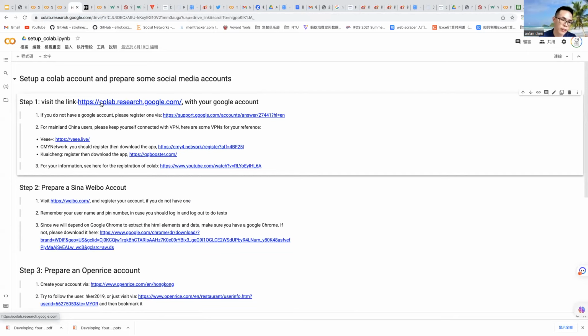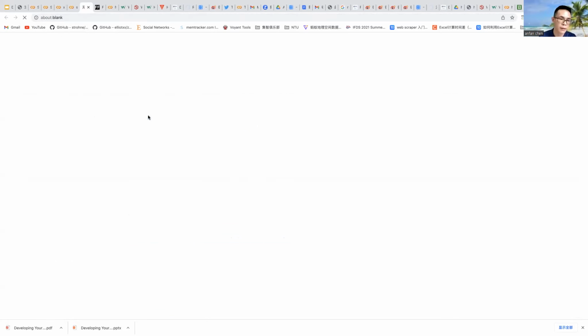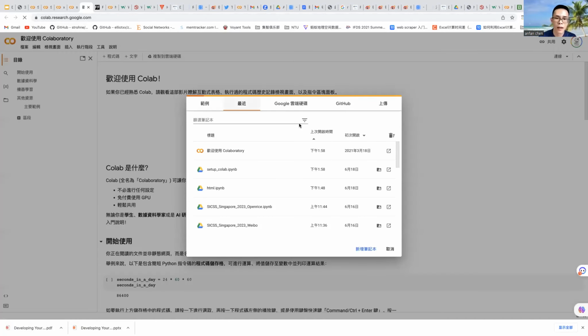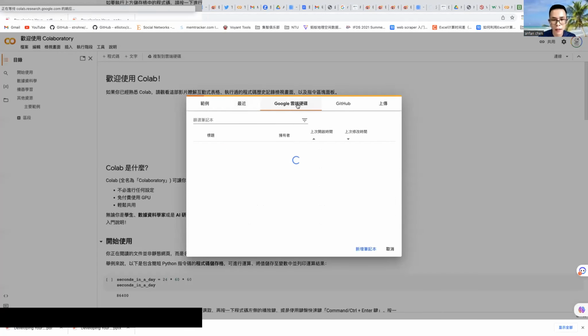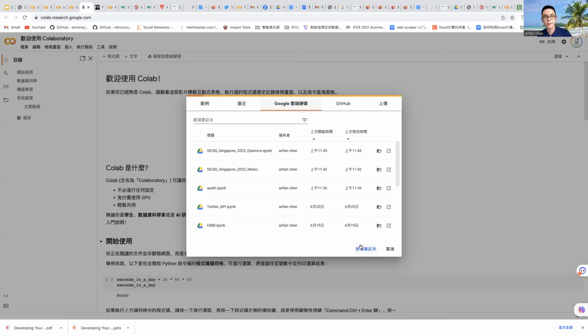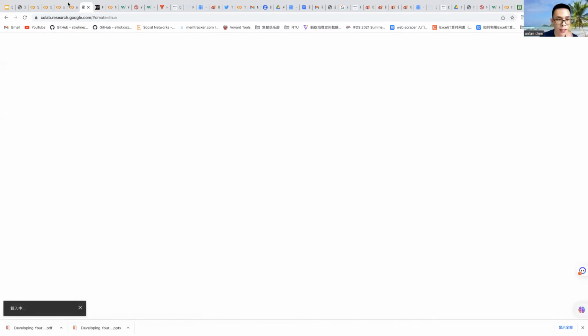Okay, just visit the link, the client, and you can create any notebooks, Python notebooks, such as this one. You create one.